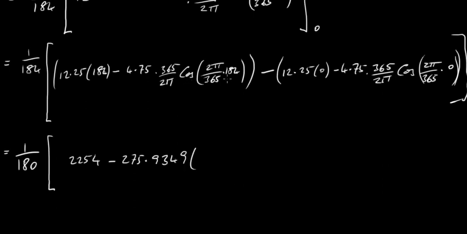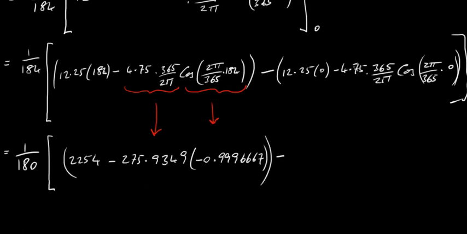And this bit here, I'm doing them separately, okay? So the cosine of this thing here will be minus 0.9996666, and I've rounded it then to 7. So that's the left hand side here, and then the right hand side of this subtraction is going to be,